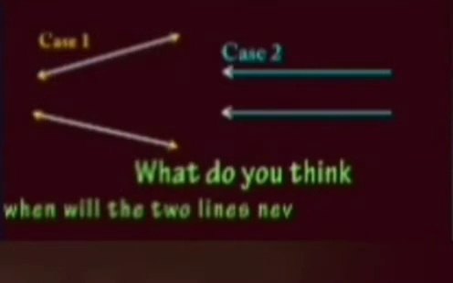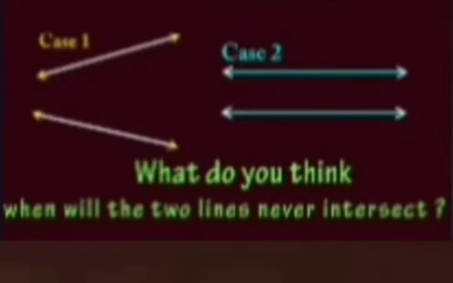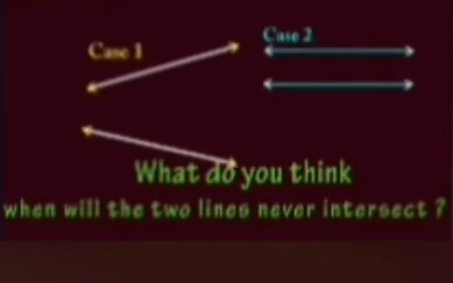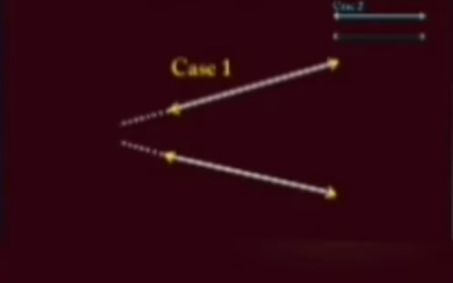So we now know about adjacent angles, vertically opposite angles and various types of angles. Now what when the two lines do not intersect? So here in case 1 the two lines do not intersect, but if you produce them they will intersect. So intersecting lines are not only those which are seen intersecting. If they are produced and intersect, they will also be called intersecting lines.